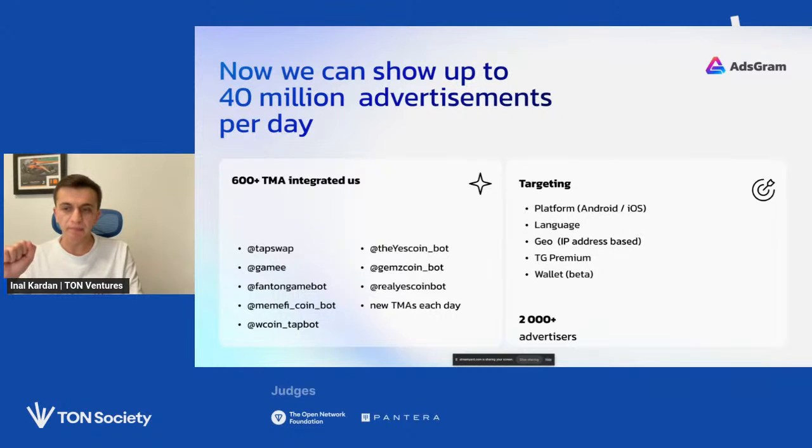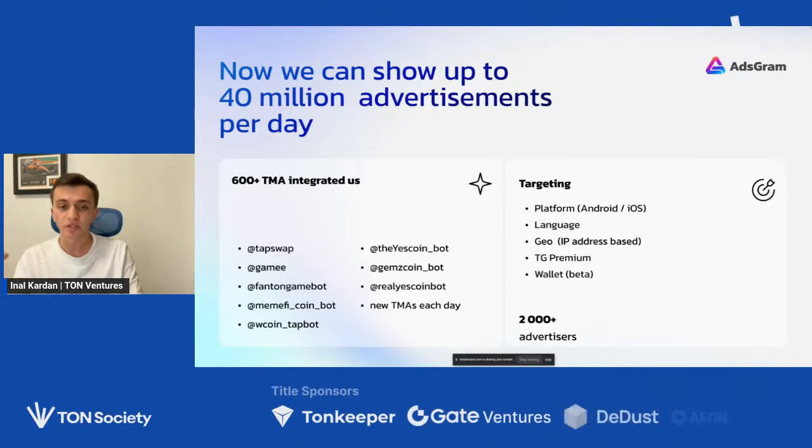There are many big ones. Again, targeting through platform, language, IP-based geo, and Telegram Premium, and wallet, which is not available as far as I know yet, but is going to be. I mean, not the specific wallet, but whether a user has a wallet or not. And there are more than 2,000 advertisers already. This number is going to be important when we talk about monetization.